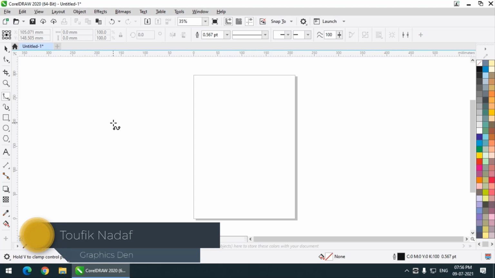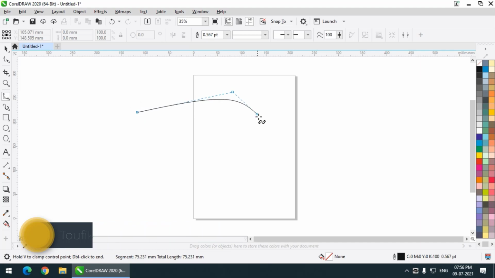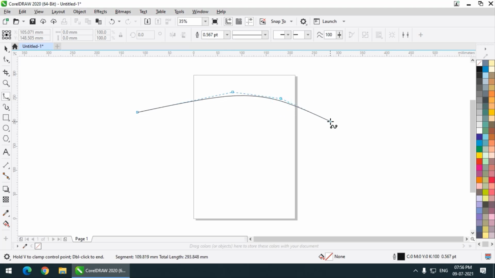For example, like this, if I click it just like the pen tool, and if I click it again, then you can see we cannot get a straight line straight away. We can convert it into a straight line later on, but while the tool is active we can create only smooth shapes or curvy shapes or shapes with curves. So as you can see, it is pretty much similar to the pen tool or the Bezier tool.